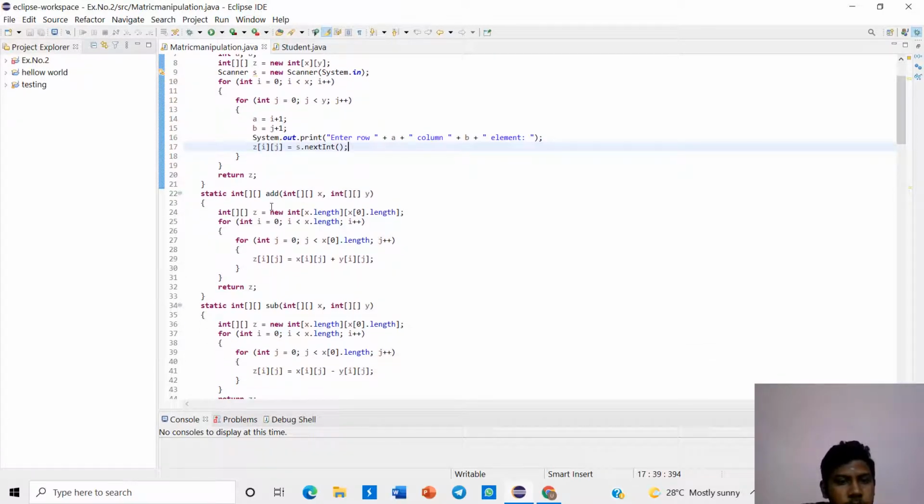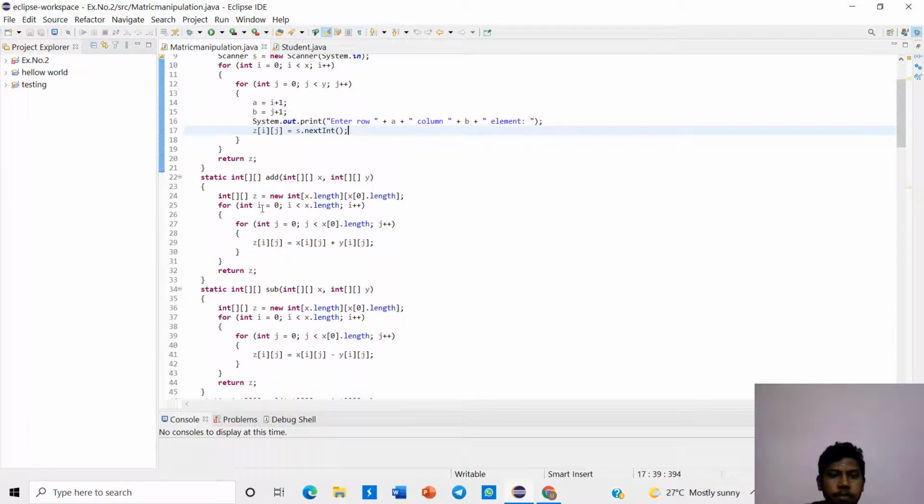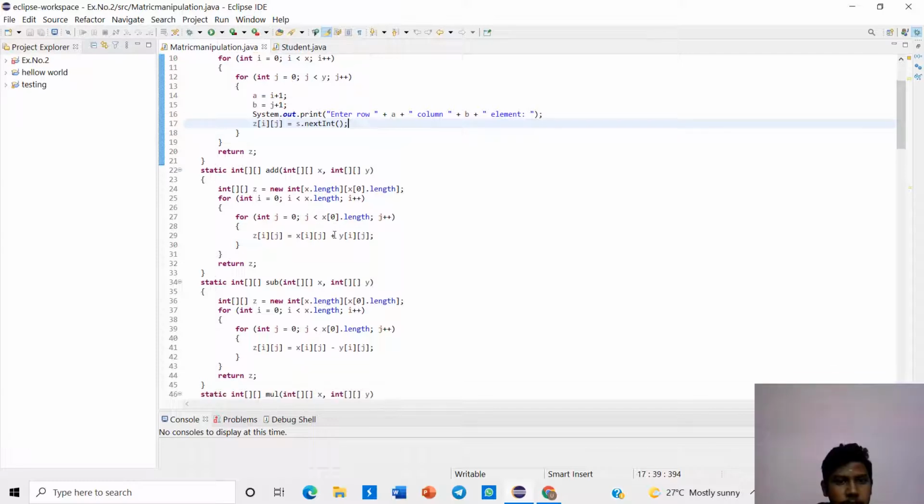First we want to give the addition. For the addition we want to give a logic: a static int to declare an array, add int x and int y. Length of an array, and we want to declare the for loop, int i is equal to 0, i is less than x dot length, and i plus plus.